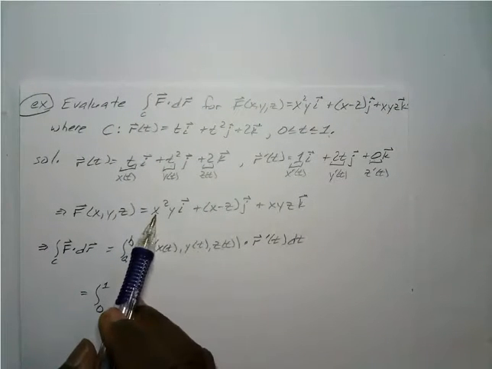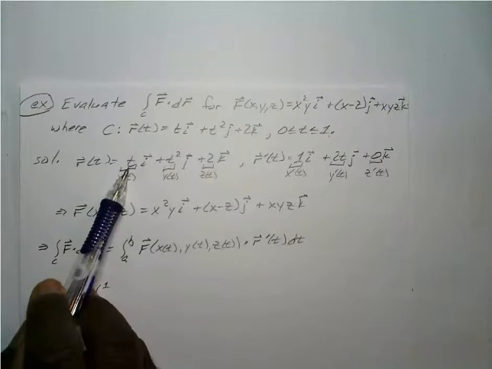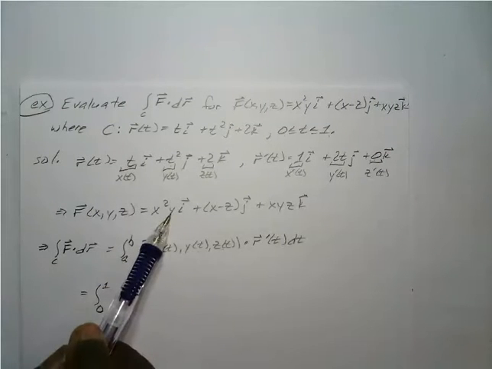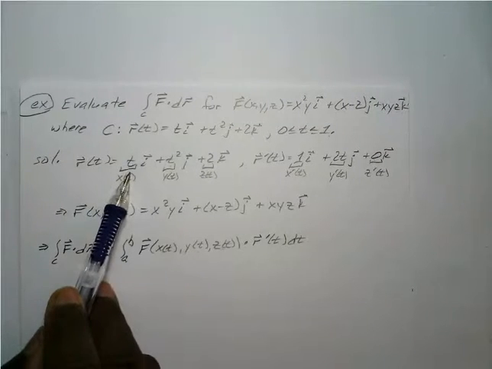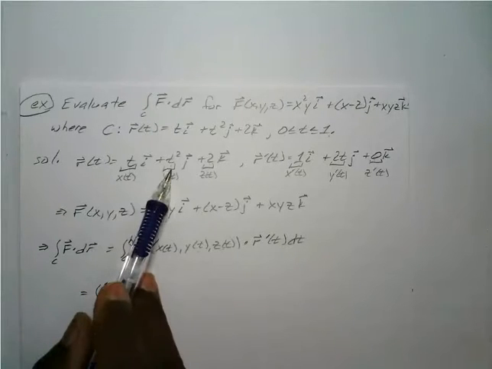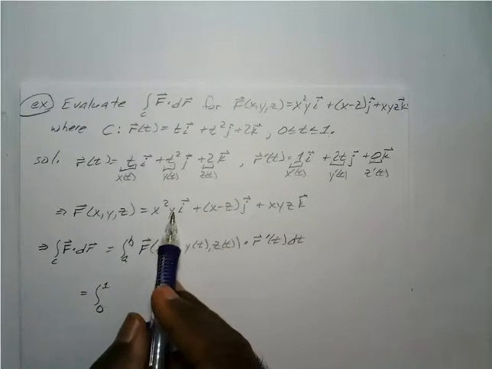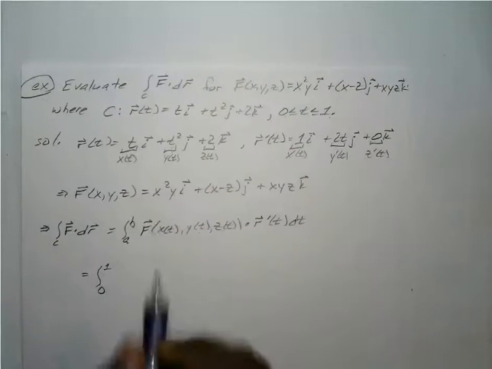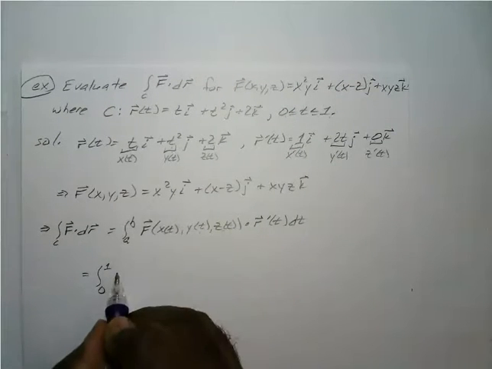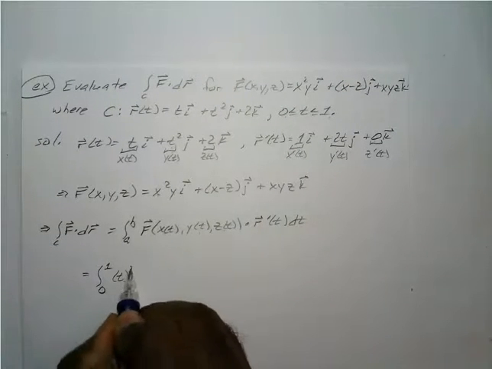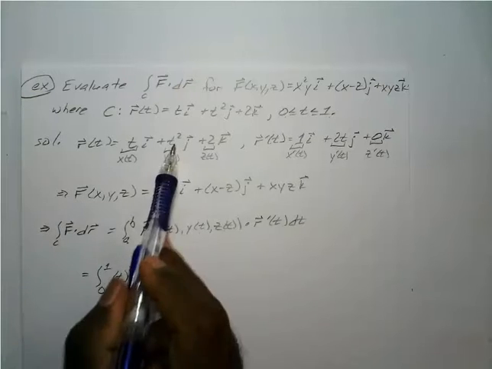Okay, so x squared becomes t squared times y. So you have t squared times t squared, which would give you t to the 4th. I'm just going to go ahead and write each of them out. So you have x squared, which is t squared, times y, which is t squared,